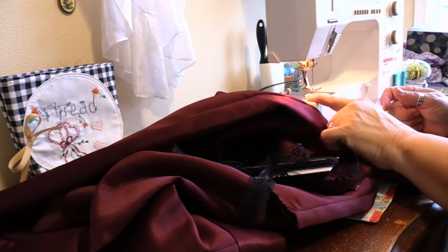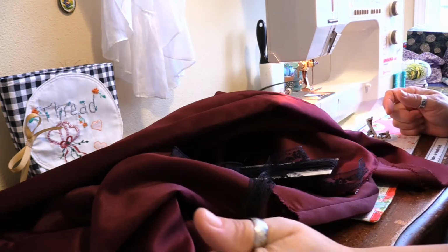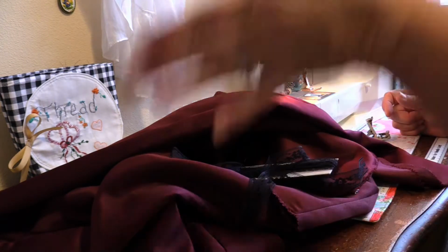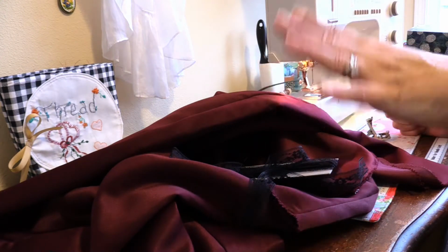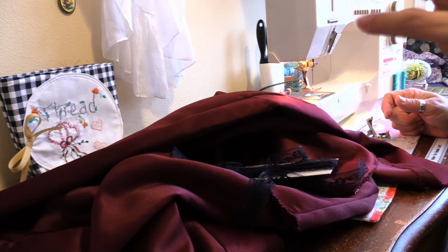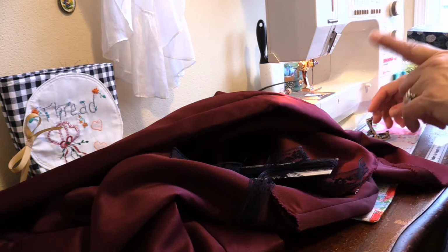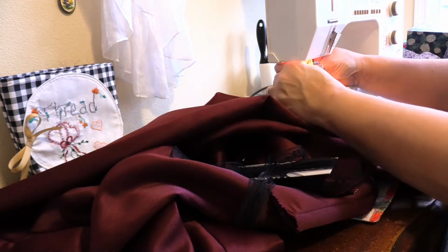So that will happen. Once this is hemmed, I will then create the buttonholes on the front and apply the buttons, and the skirt will be complete. After I've finished with those three things, hem, buttonholes, buttons, I will hem the overlay and the entire piece will be done. So to start with, today I'm going to change out my Bernina 0 foot